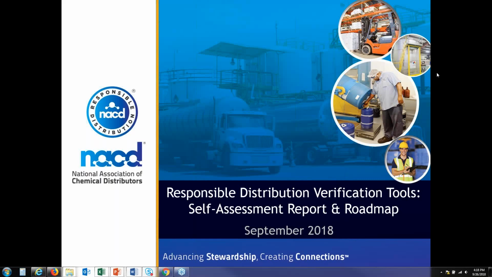The new tools include the Self-Assessment Report and Verification Roadmap and were developed to assist candidates, members, and affiliates go through the verification process. To begin, access the NACD website at